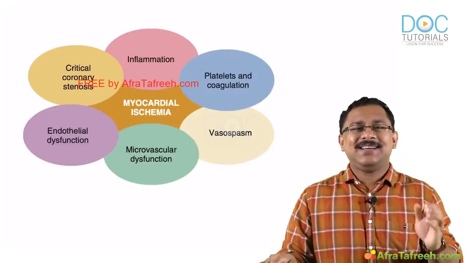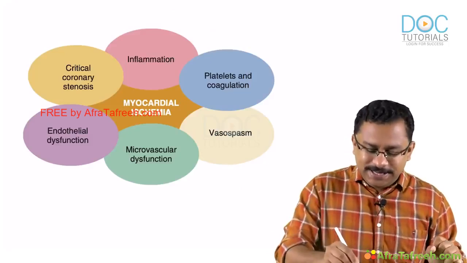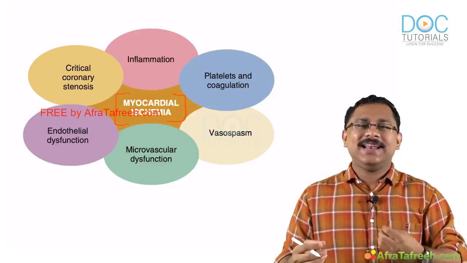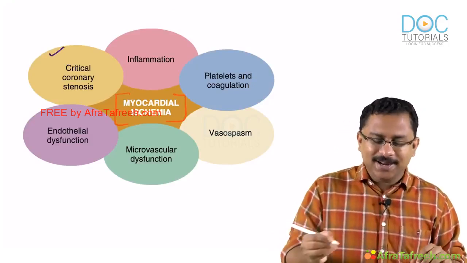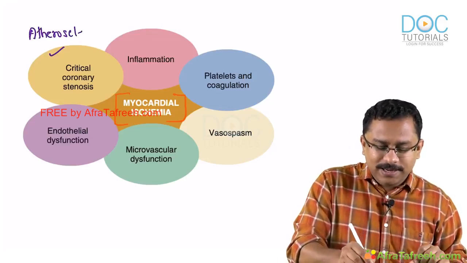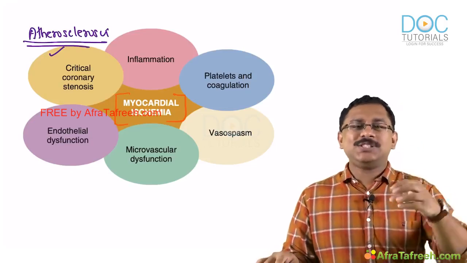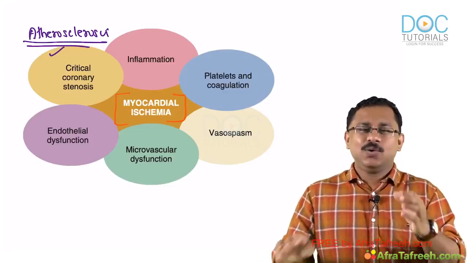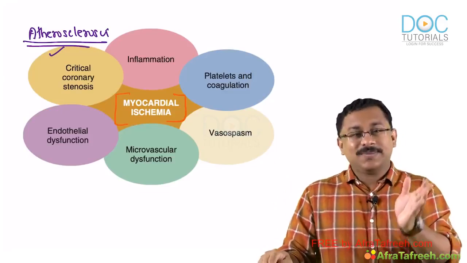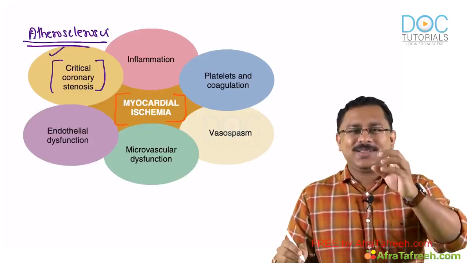Can we summarize whatever we have learned so far in a single picture once again? You see, myocardial ischemia. We are trying to understand what are the factors that can contribute. One is a critical coronary stenosis. Maybe there is an atherosclerosis leading on to a critical stenosis. Remember, atherosclerosis may not always lead on to a critical stenosis. You can have a transient ischemia from atherosclerosis. So sometimes at the other end you can have a critical stenosis,